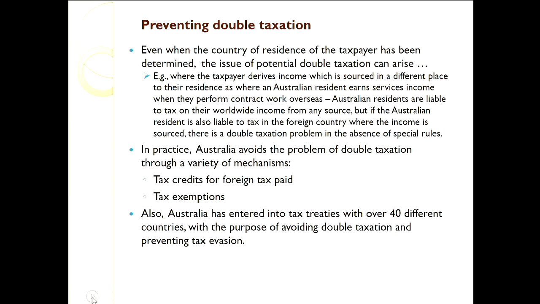Well, the problem can happen when you are a resident of, say, Australia for tax purposes, but then you go overseas for a period in circumstances where you are still a resident of Australia. Your residency hasn't changed. And you earn some income, and that other country is wanting to tax you on your income for services based on source. So then you've got a double tax issue. Australia is trying to tax you based on residence, that other country is trying to tax you based on the source of income. How do we deal with it?